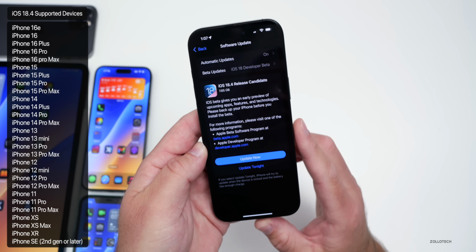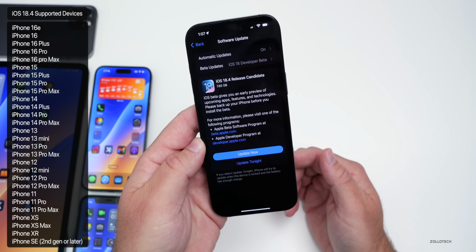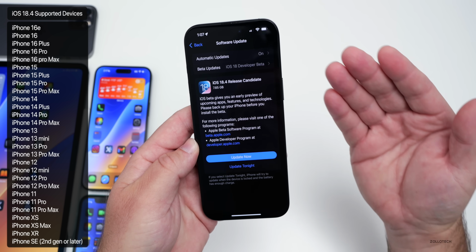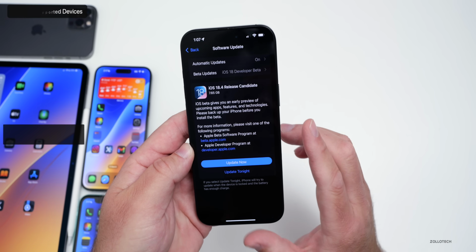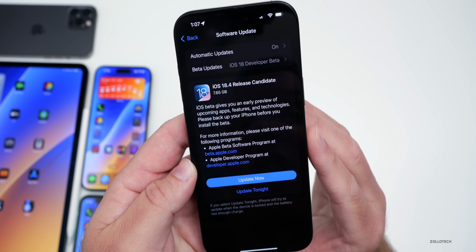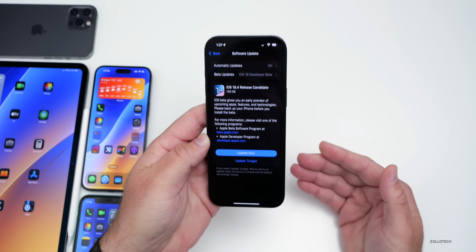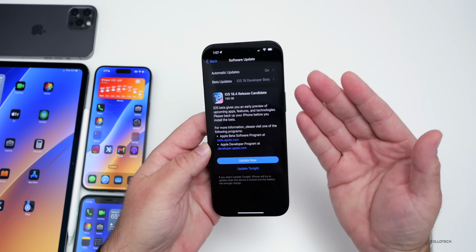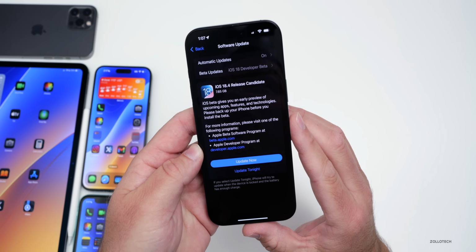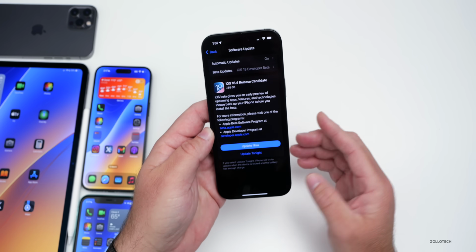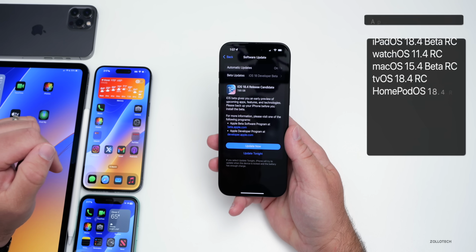iOS 18.4 supports all iOS 18 supported devices and has many more features other than just Apple Intelligence, so I'll split those up into the chapters below, so be sure to check that out if you want to just jump around. Now this update came in at 7.65 gigabytes on the iPhone 16 Pro Max, and anytime you install from a beta to a public release or release candidate, it's going to reinstall the entire OS, so that's why it's such a large install. As far as the other devices, they were about the same size as well,